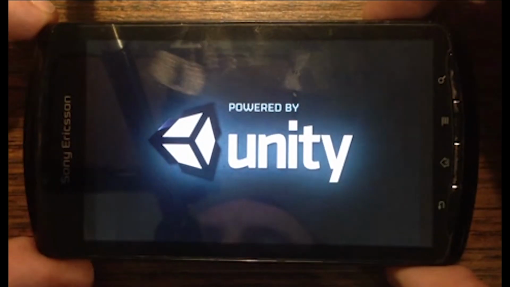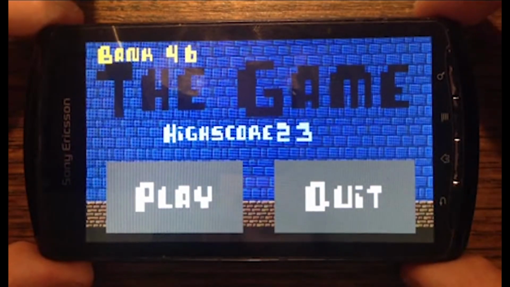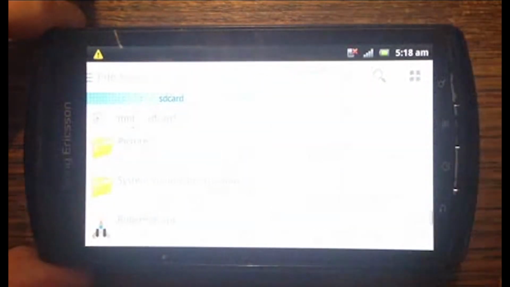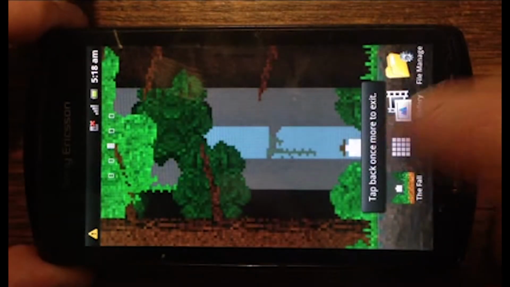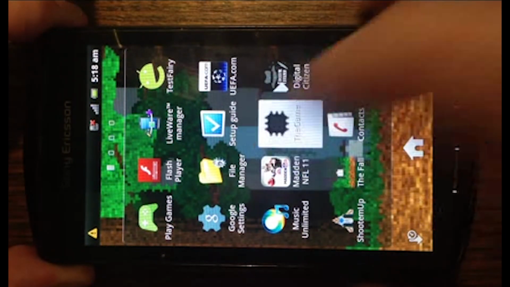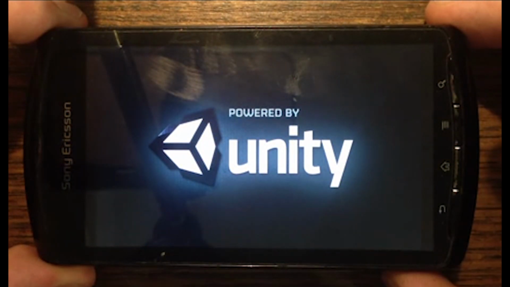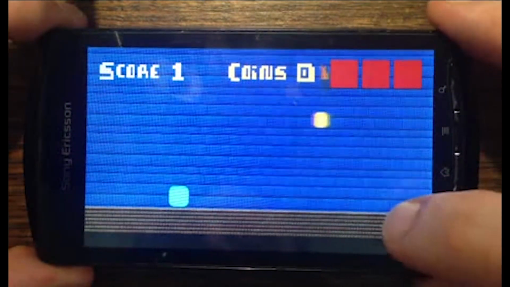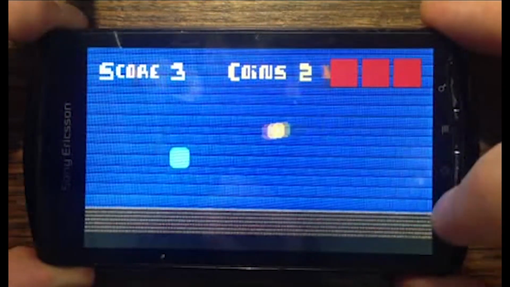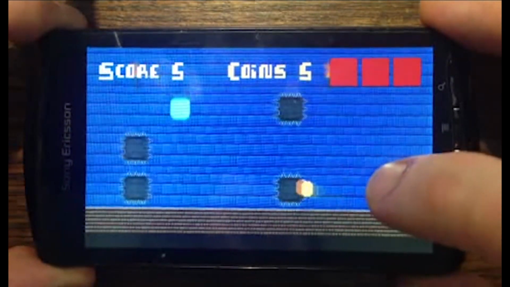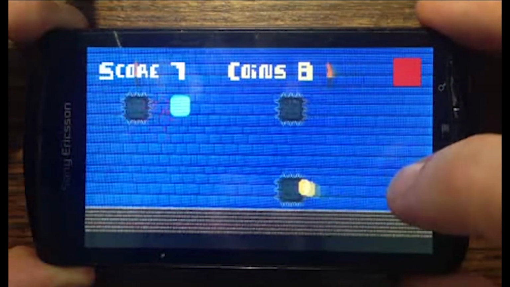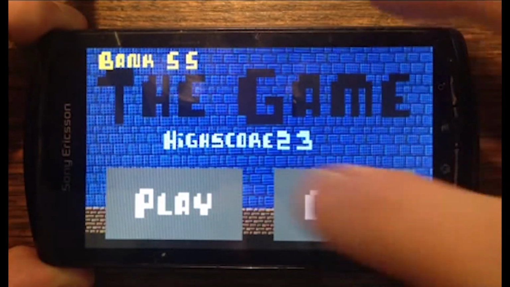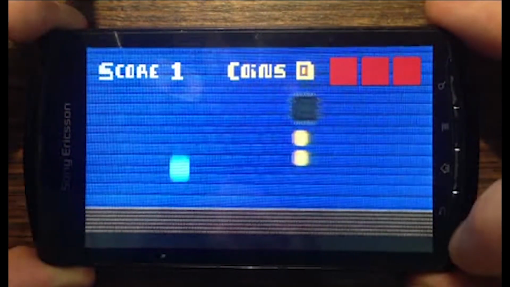Because it's landscape, it launches in landscape, so we can rotate the phone. And here we are in our game. So, like we didn't get to show before, the quit button will work. So if we hit that, we'll quit out of our game. And then we can just come back in and launch our game. So the play button will obviously work. And we have touch controls. And then when we die, we can hit restart, and we come back to the main menu. Cool. So now that we have all of that working,